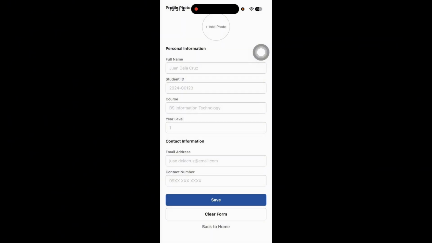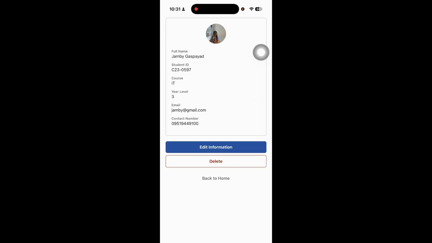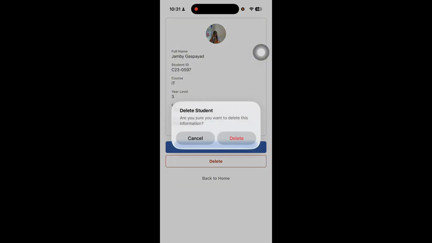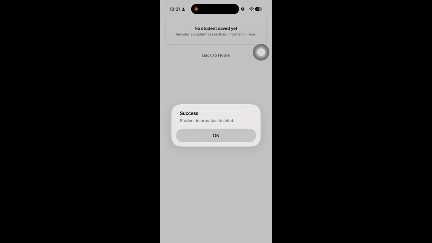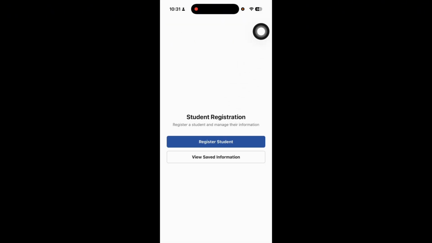If I register, then clear form, it will clear. Then we'll go back to the view saved information, and I will delete this. Delete student, then it is deleted. So back to home, and